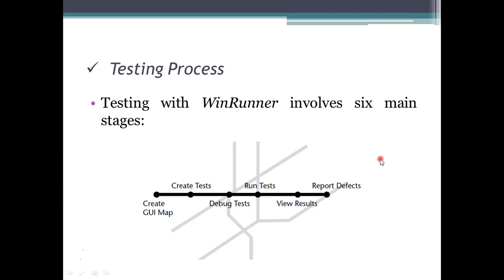While testing, WinRunner will capture all the data, whatever data is entered or moving, and it saves this as the expected result.